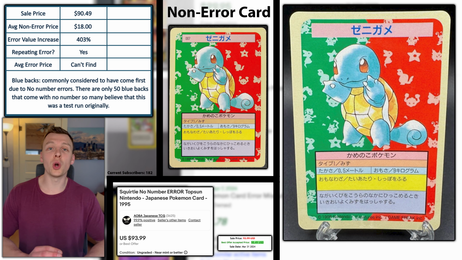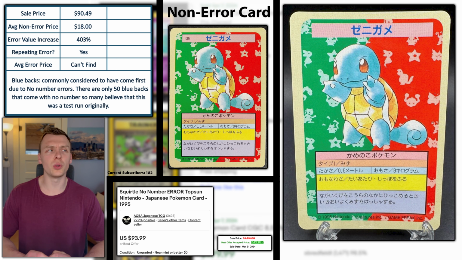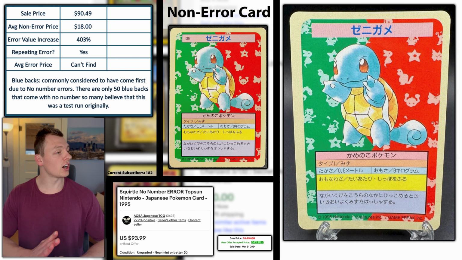Next, we have a few Top Sun cards to talk about, and all of these are the no number error. So you can see on the right here for Squirtle, in the pink box there should be a number next to it. For Squirtle, it should be number 007, and that is missing. And because of this error, this card sold for